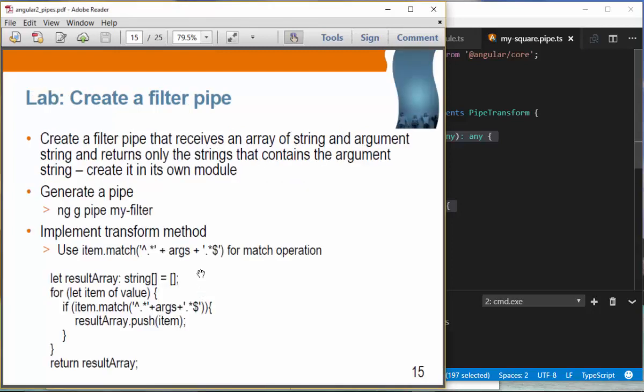Okay, so the lab is to create a filter pipe that receives an array of strings and an argument string. So we want to select only the strings that contain that argument string, then return them. Yeah, so we haven't learned the module yet, so we're just going to create the filter pipe in the same application module. So we are going to generate ng g pipe myFilter, and we are going to use the match method of